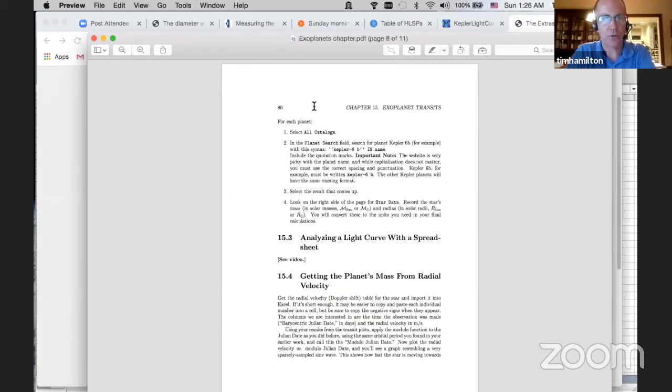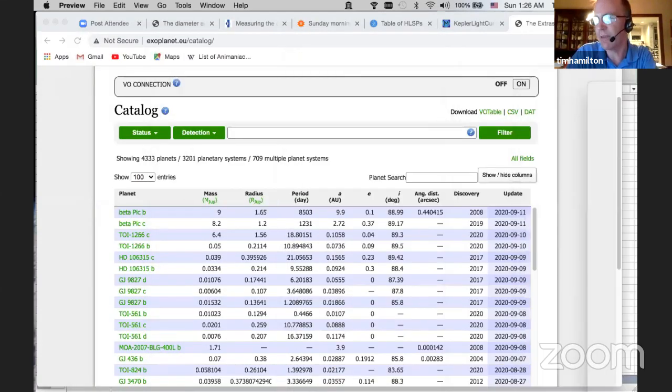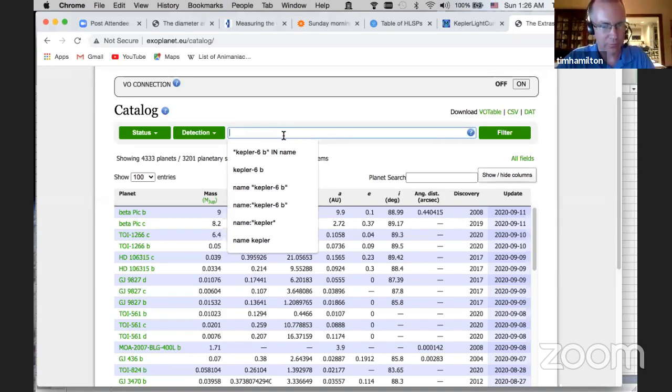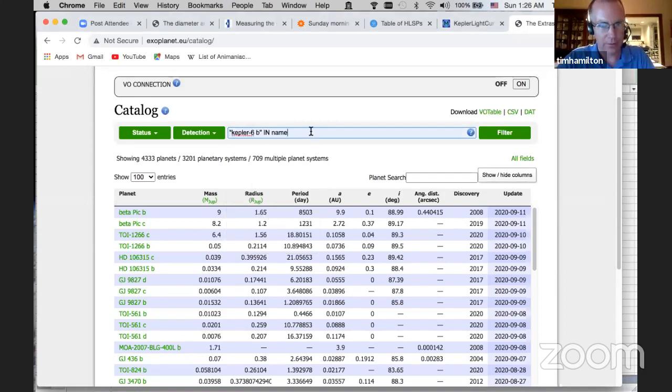And in page 8, which is listed as page 80 here, you see it says to go to all catalogs and then how to search for the name. Okay, so that's what I'm doing there. So you can keep that open off to the side. Now, they changed the syntax on me. It's a very picky syntax, and they don't have a lot of examples documented, although they do have a help function, but it took me a while of trial and error to get it right.